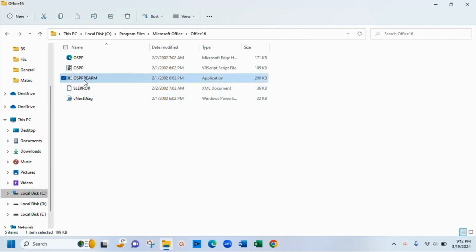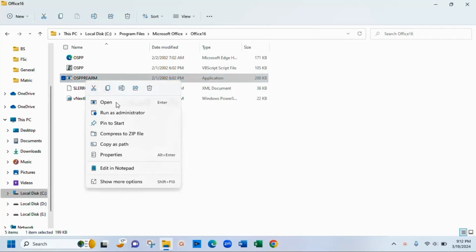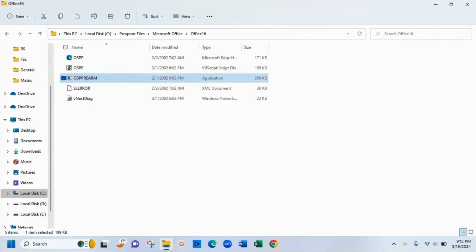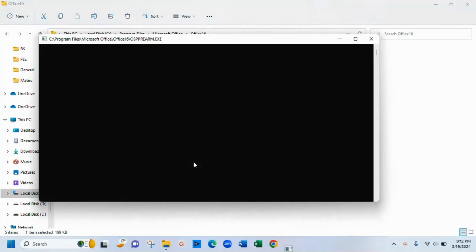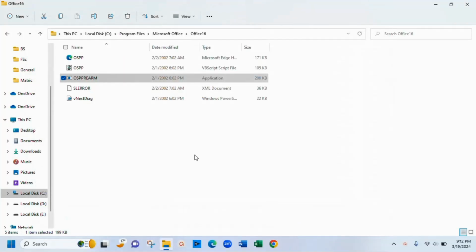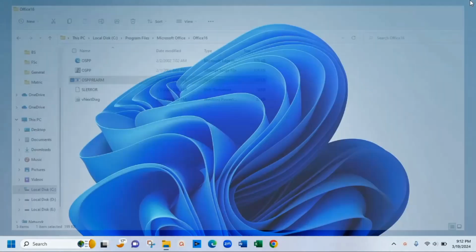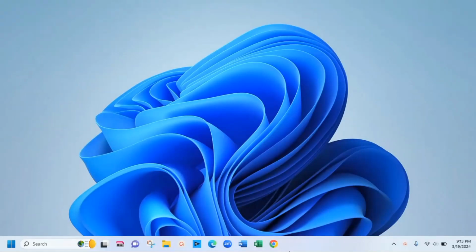OSPPREARM option and select Run as Administrator. Now click Yes. And close this window. This time, when you will open Word document again,